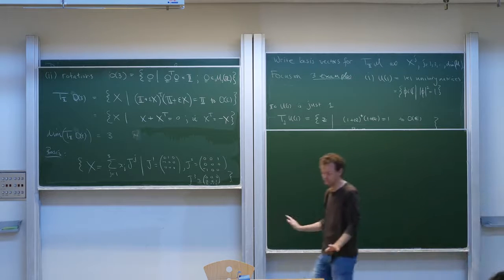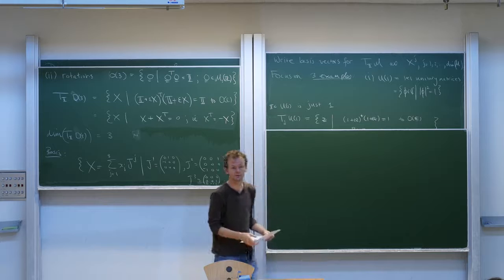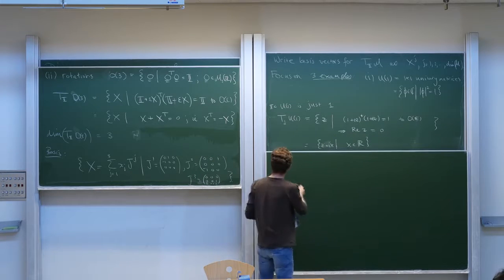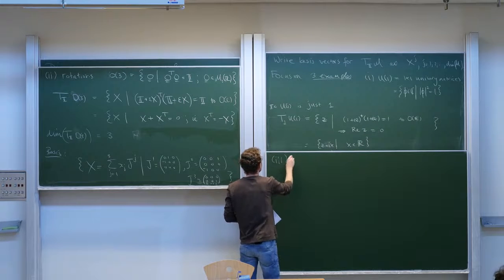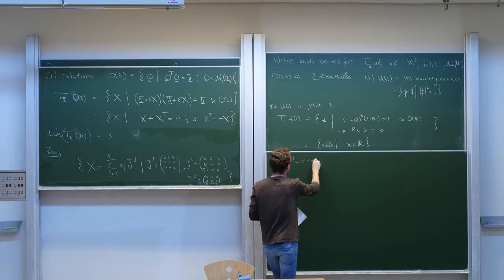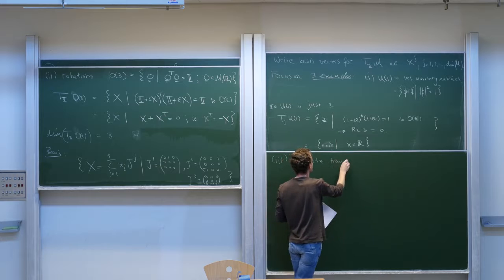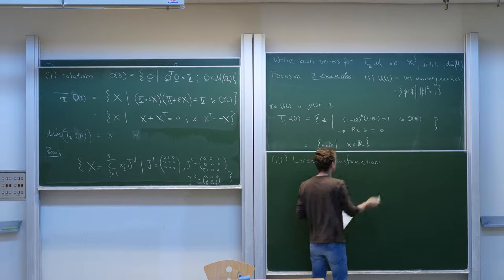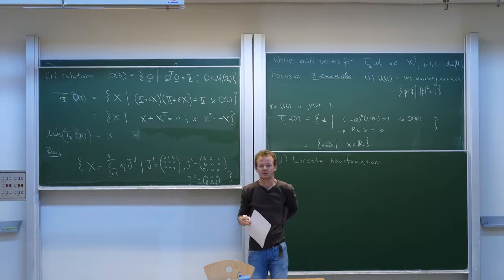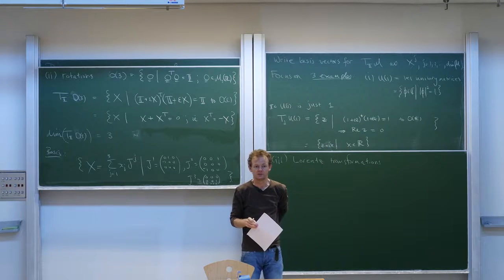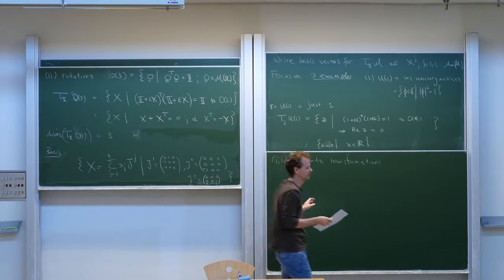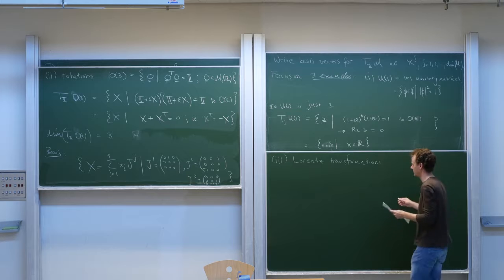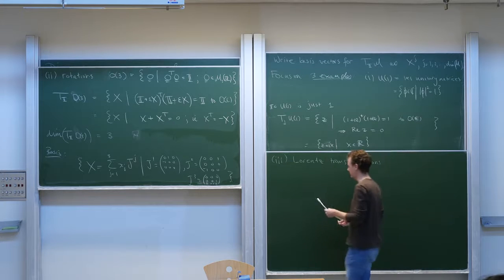And our last example, this is the big one. This is the one that is interesting for us in relativistic quantum field theory. It's the Lorentz transformations. So the Lorentz transformations are a subgroup of the Poincare transformations, and that's the hard subgroup, so to speak. We've done the easy subgroup, the translations. Now we're going to do the hard one today. It's the Lorentz transformations. We've actually already met this